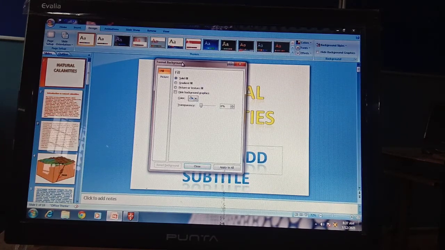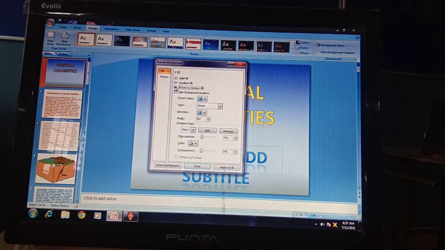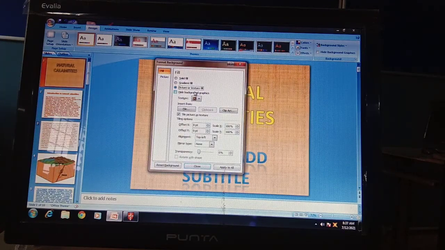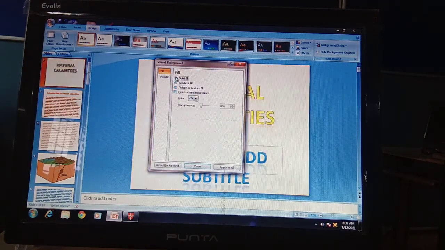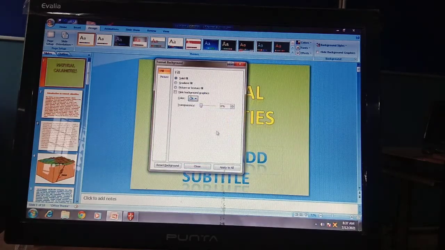From here you can change your color, or you can change it by picture. You can have a solid fill, and any type of changes you can apply.